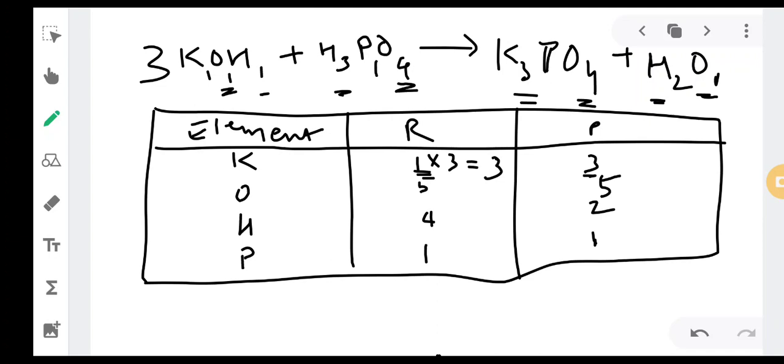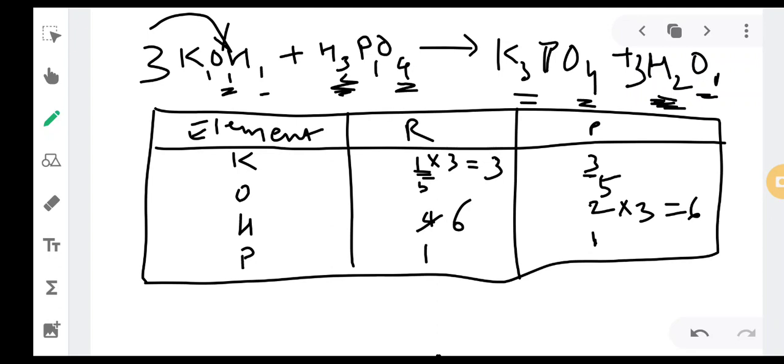Oxygen has become 3 in number and hydrogen has become 3 in number. So if you see the total count, there are 3 hydrogens over here and 3 hydrogens over here, so the total number of hydrogens has become 6. From 4 it has become 6 on the left hand side, whereas on this side it is 2 in number. So on the left hand side, you will multiply this with 3, and it will become 6.